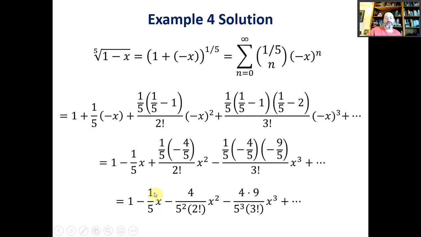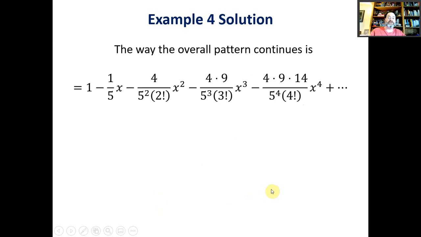And you can see what's going on in the numerator here. It's 1, 4, 4 times 9. And if we continue this pattern, you actually pick up, I didn't show it in the slide, but if you were to do one more,